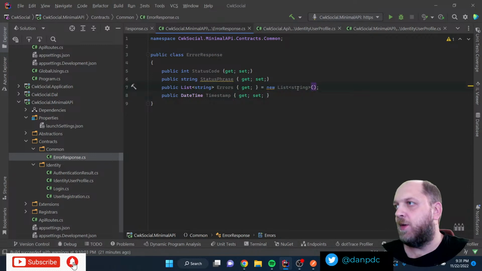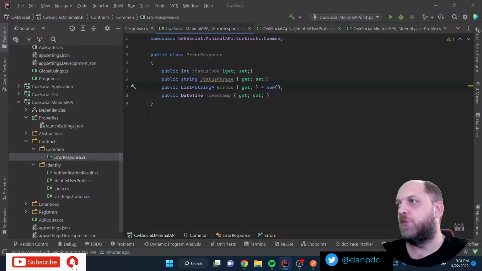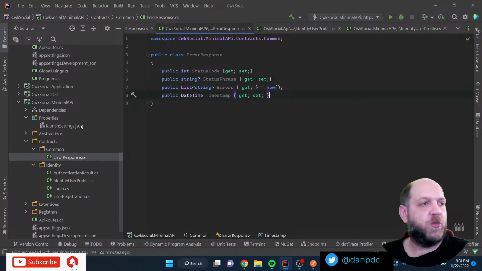Okay, let's see, what does Rider tell us about this? I guess just use... what do you want me to do? Maybe just use the new? Yeah, that's the new way of doing things. Okay, like that. Status phrase. Okay, nullable. Let's make it like this. Cool. So we have also moved this error response now.